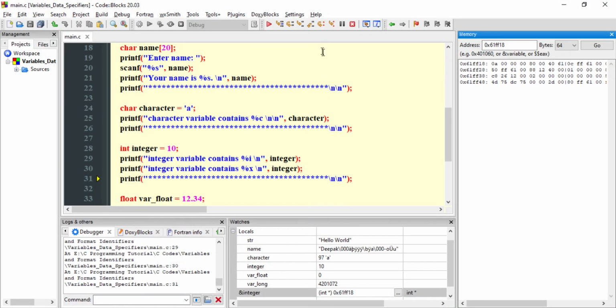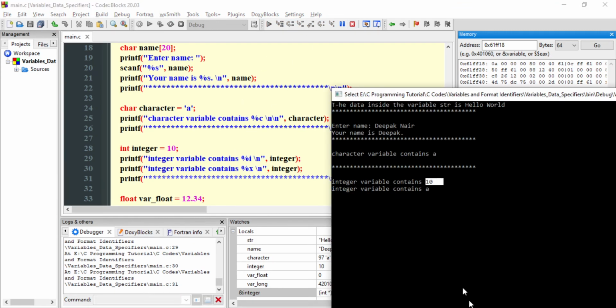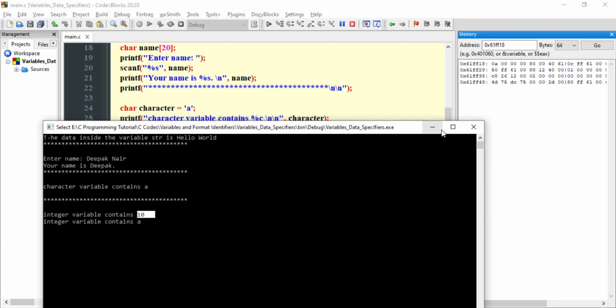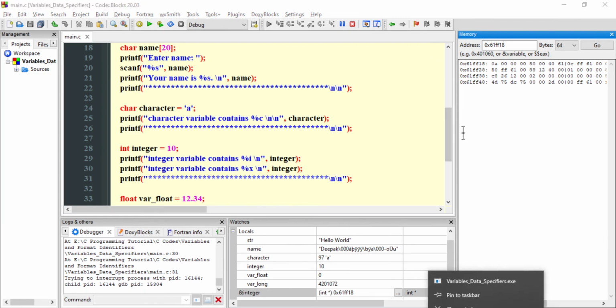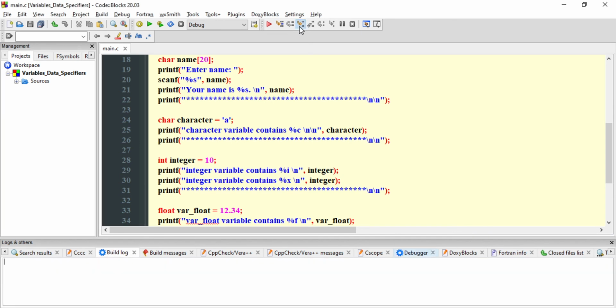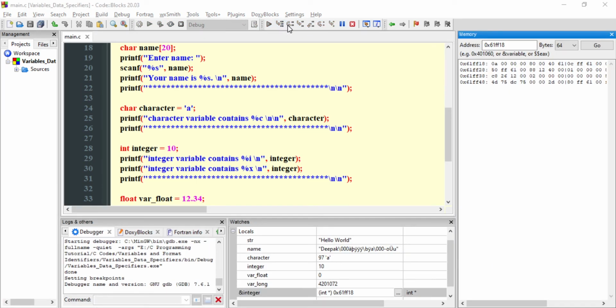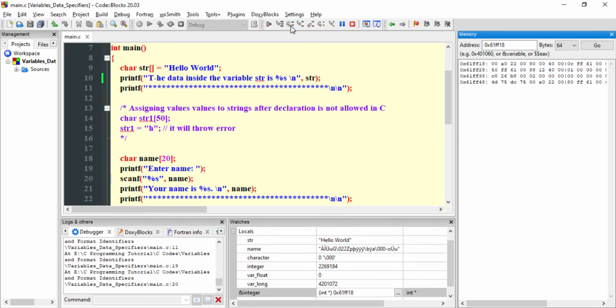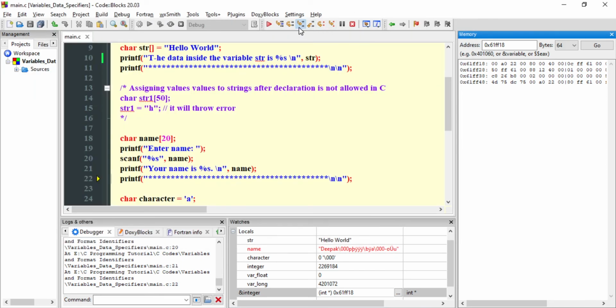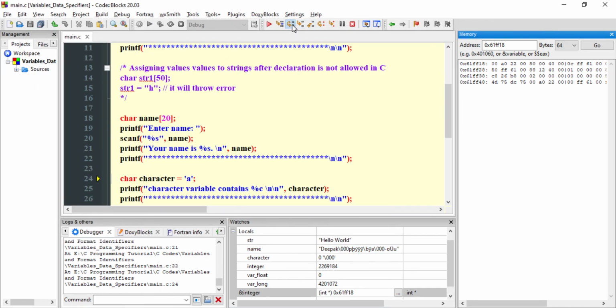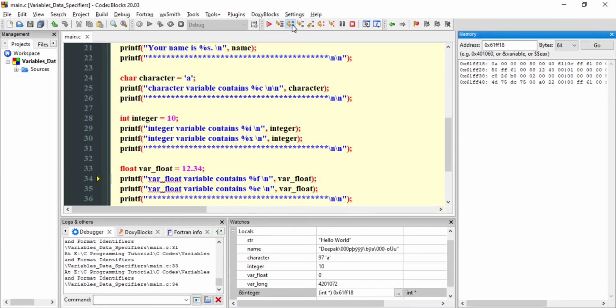Now let us move ahead. Next data type, next variable is our var float. Let me go through the program again. So we were here.